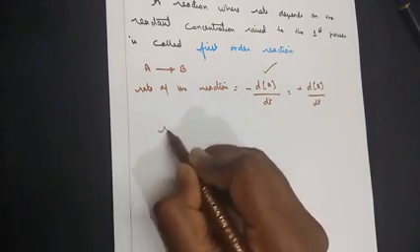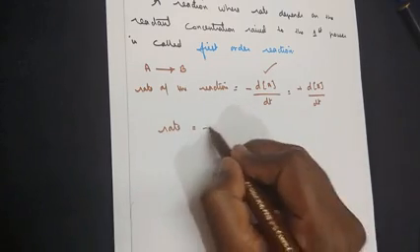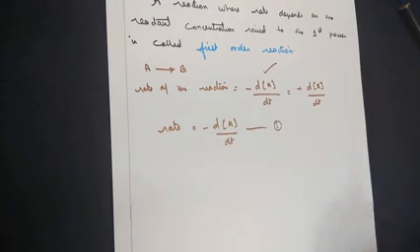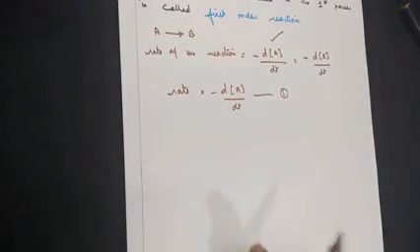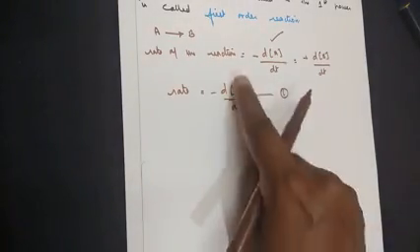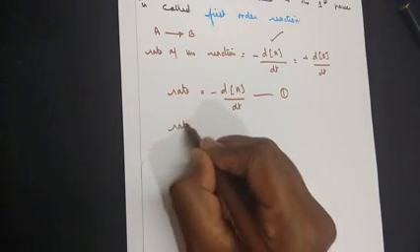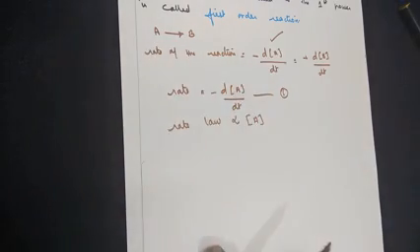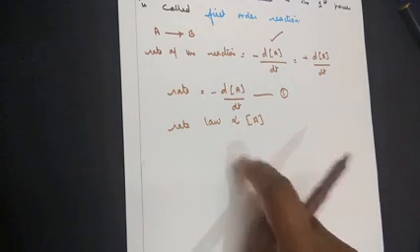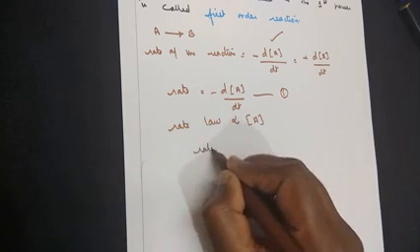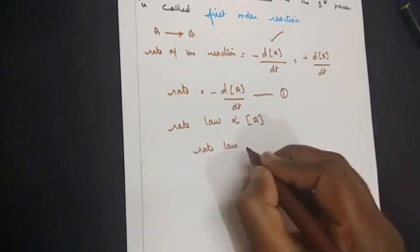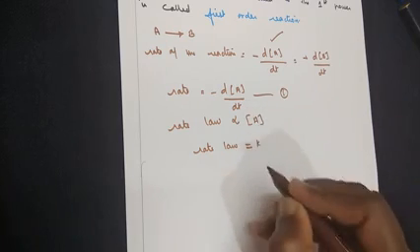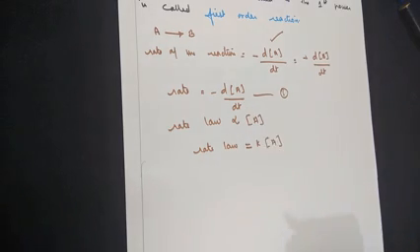So I'm rewriting the same step. Rate is equal to minus d of A by dt. Consider this to be equation 1, that is the rate of the reaction. Now let's write the rate law for the given reaction. So rate law is proportional to the concentration of the reactant A. Now the proportionality sign can be replaced with a rate constant. So I'm rewriting the same step once again. Rate law is equal to, replacing the proportional sign with a constant here, K into concentration of the reactant A.